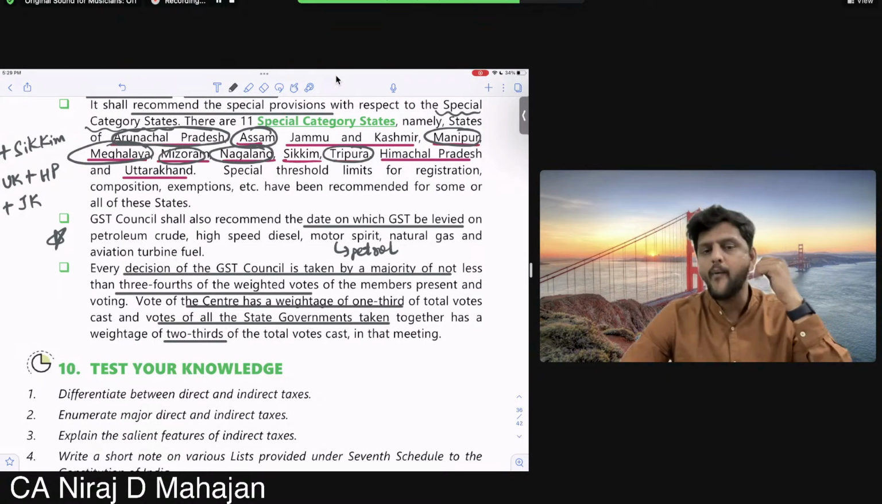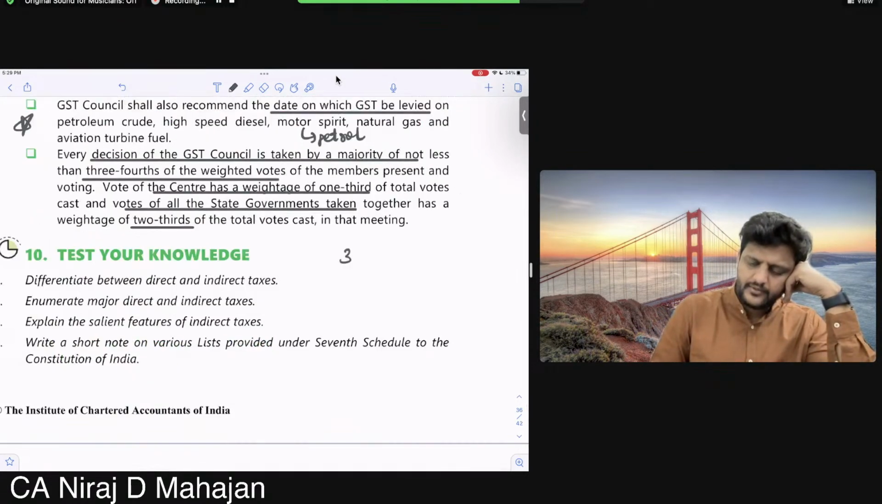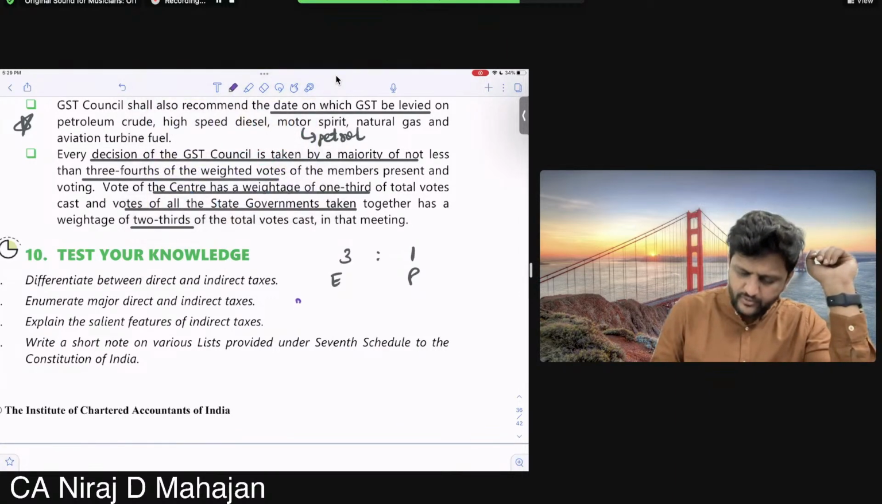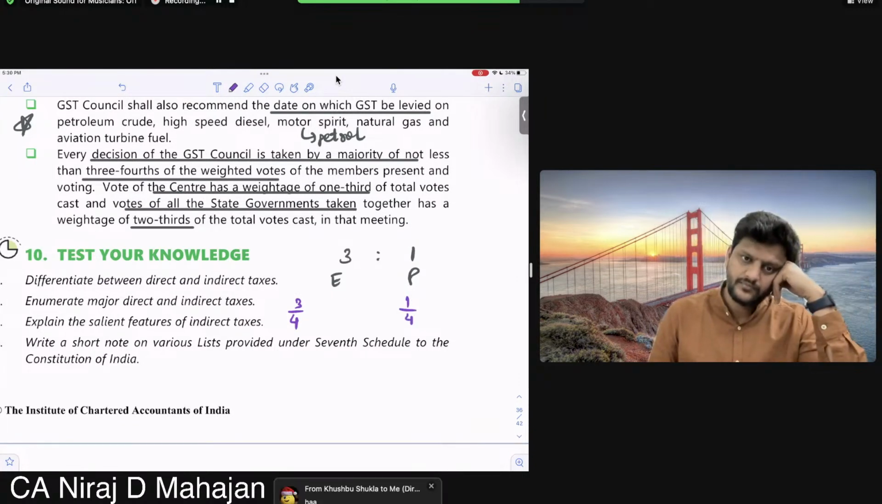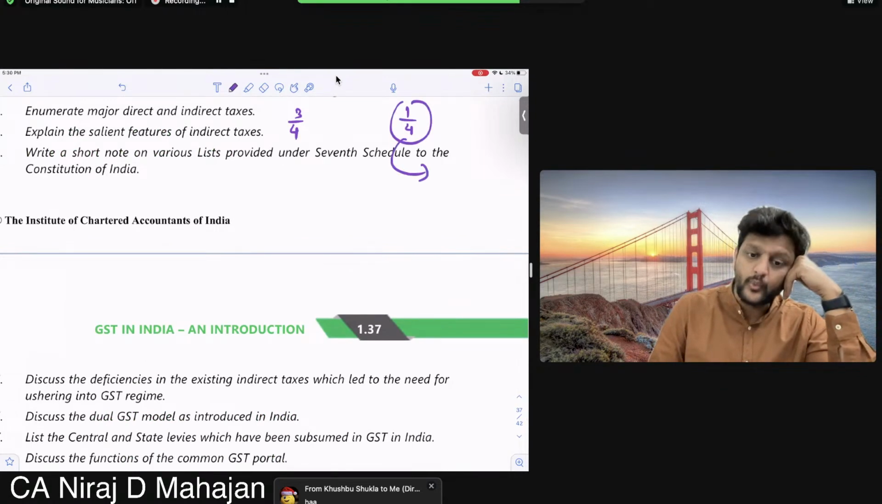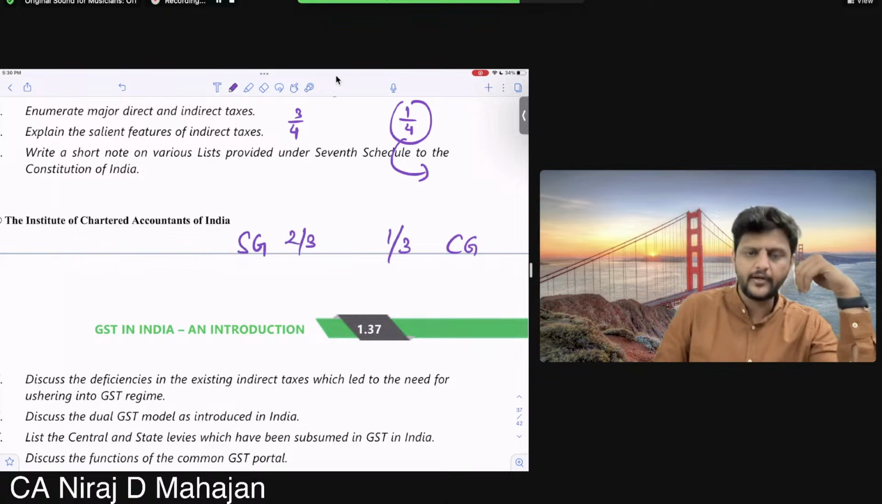नहीं? If बच्चों 3:1 is the ratio between equity and preference, remember or no? हाँ या ना? So if an equity shareholder votes in favor, it will be taken as 3/4 of his voting, and if a preference shareholder votes in favor, it will be taken as 1/4. अरे हाँ या ना? हाँ. So similarly बच्चों here also the central government's vote will be taken as how much? 1/3, not 1/4 now. 1/3 CG, and all the SGs together how much? 2/3. अरे हाँ,